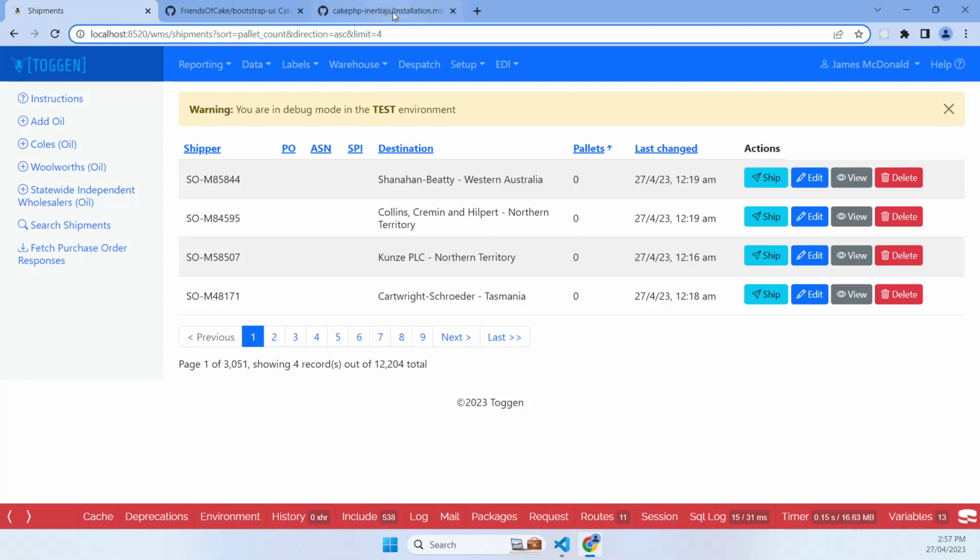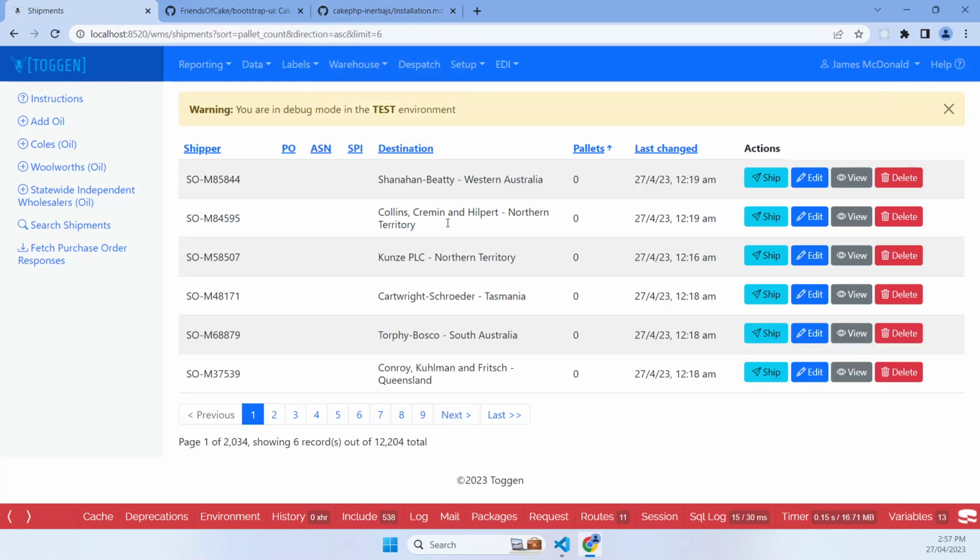Here you have a limit ability, so you can change the number of records that are paginated per page, the records per page. And then you have pagination at the bottom, plus also you'd have page statistics really. So it's saying that there's 12,000 total records, and in the case of being 6 per page, that's going to make 2,034 pages. So all that's part of a default cake bake of your templates,